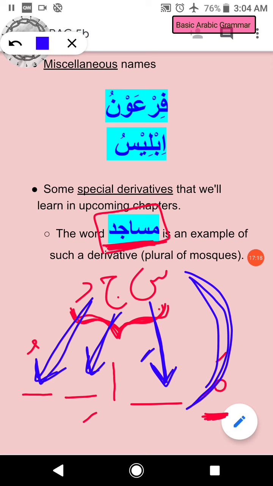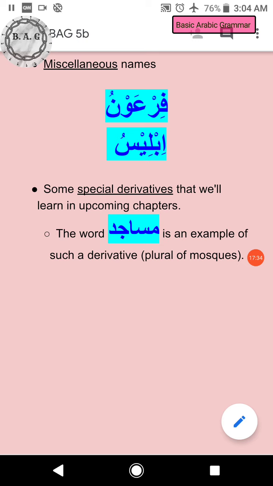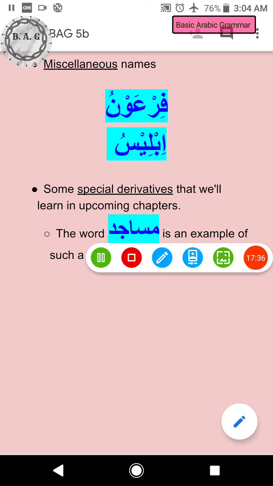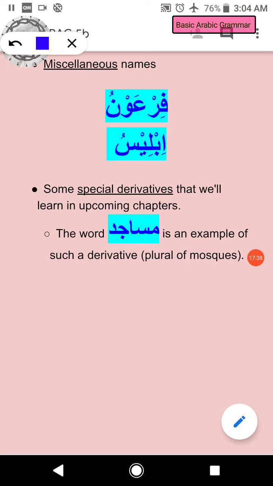Okay, so that's how we get these patterns. Similarly, there are many other patterns that get formed this way. For example, we have maktab. Maktab is a desk. How do we know? Because the pattern here is, where is my pen? All right, so the pattern here is